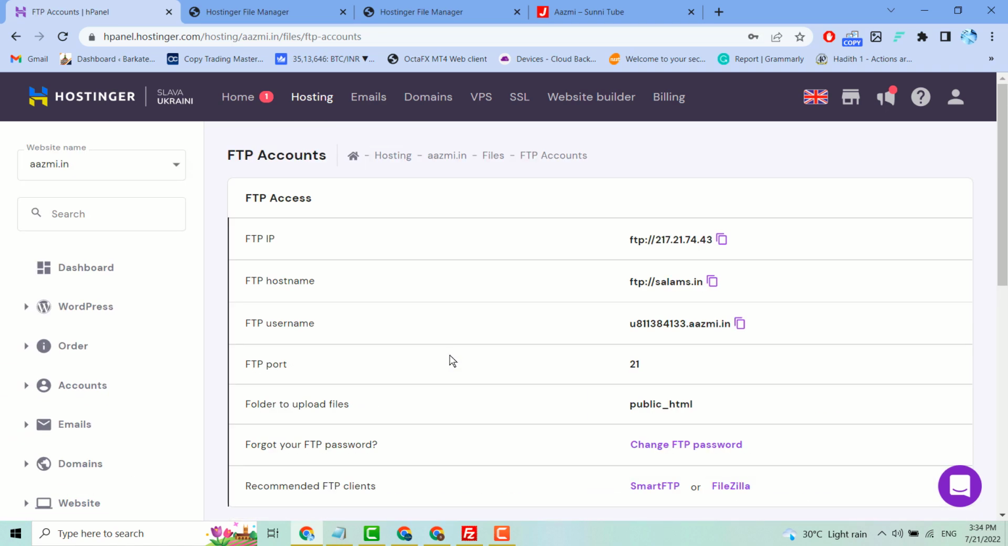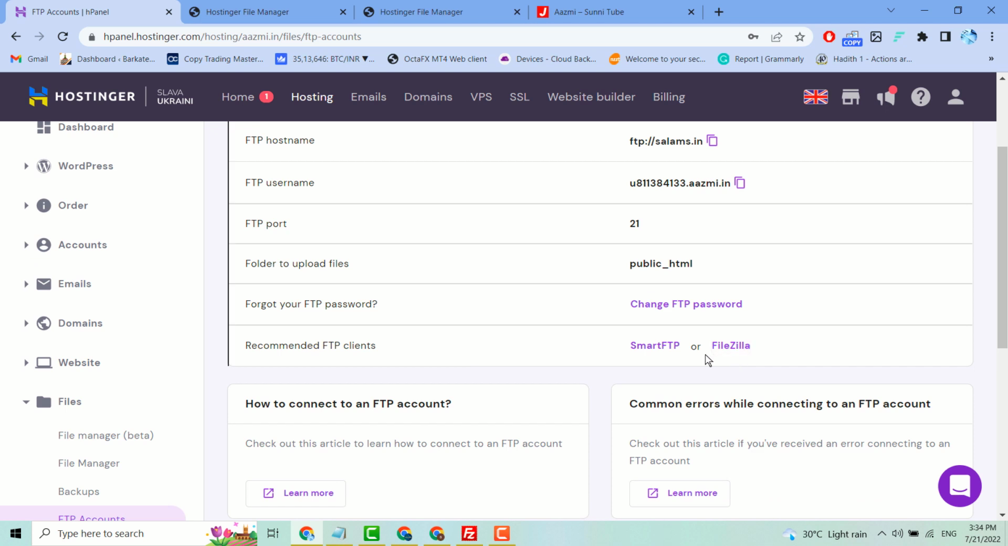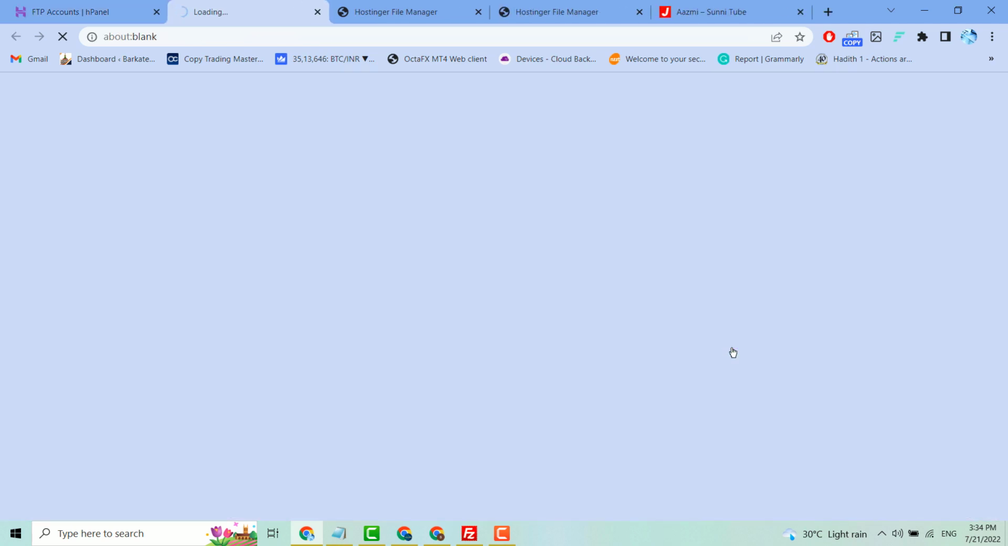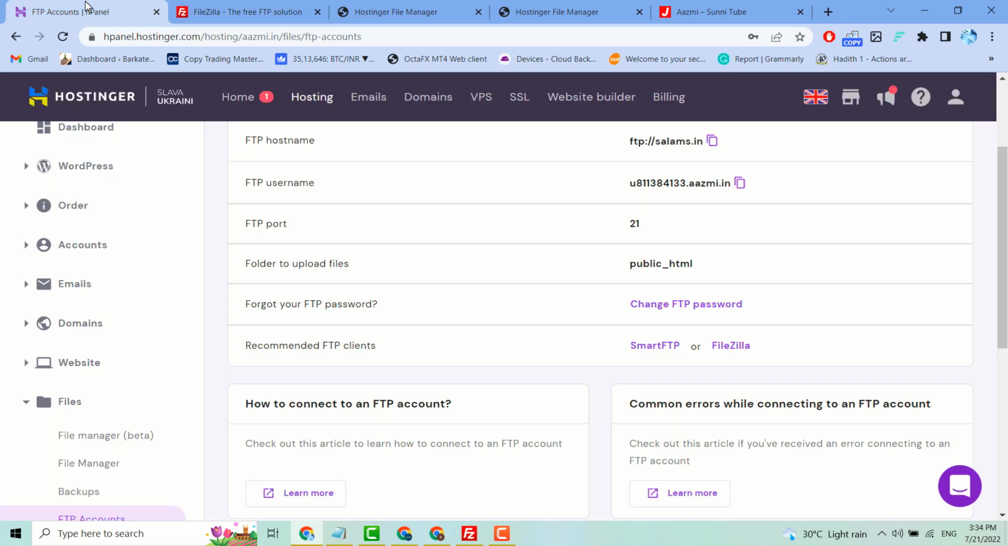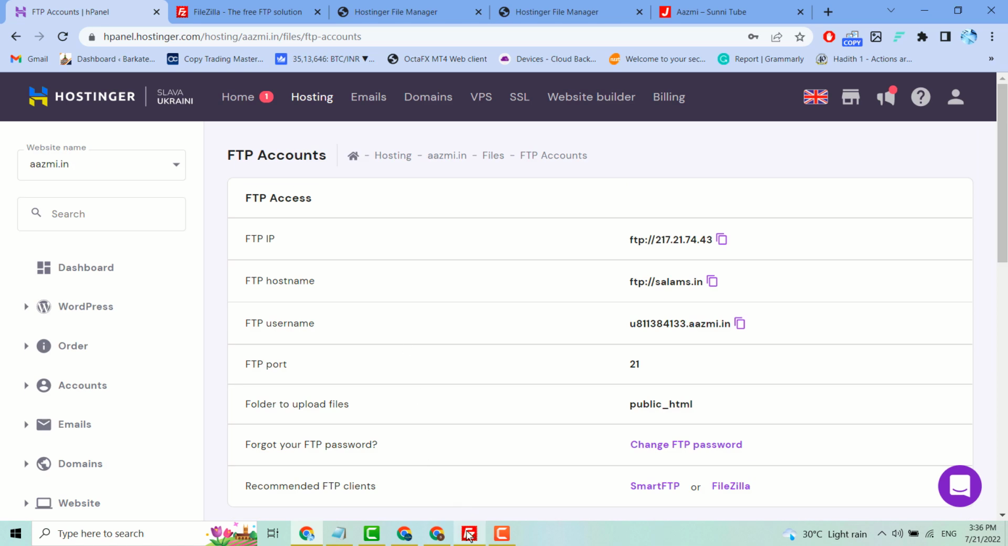Now here guys, click on Filezilla recommended FTP clients. So select here Filezilla. If you do not have Filezilla, download and install Filezilla. Now once you have successfully installed,